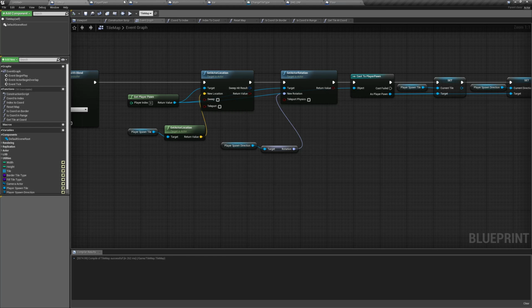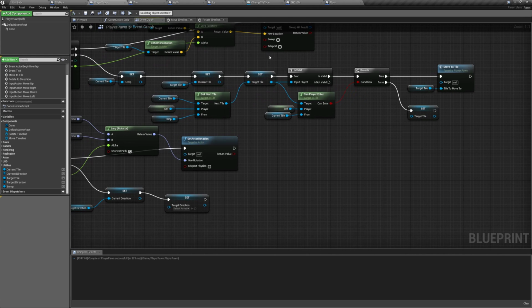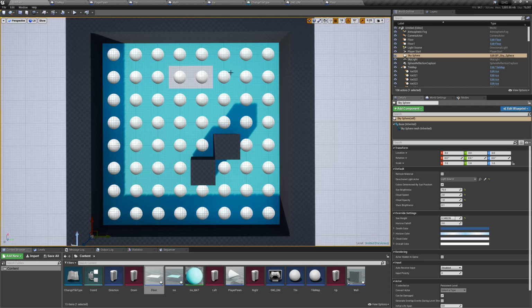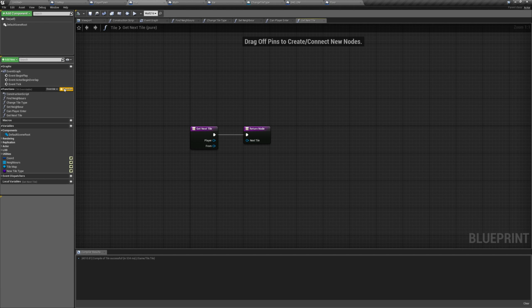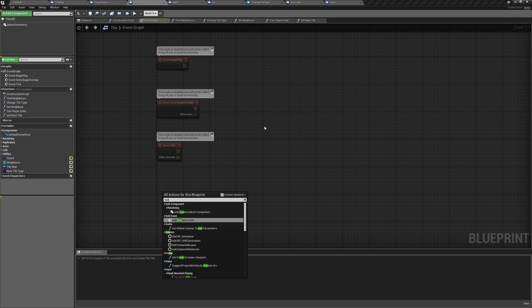Alright, one more thing. Sometimes we want our tiles to do stuff when we enter them. For example, you remember the button that caused the tiles to collapse, or the tile that we die on when we enter. So in our tile we're going to need another, well, actually, let's make this an event graph thing because we don't need it to return anything. So let's add custom event